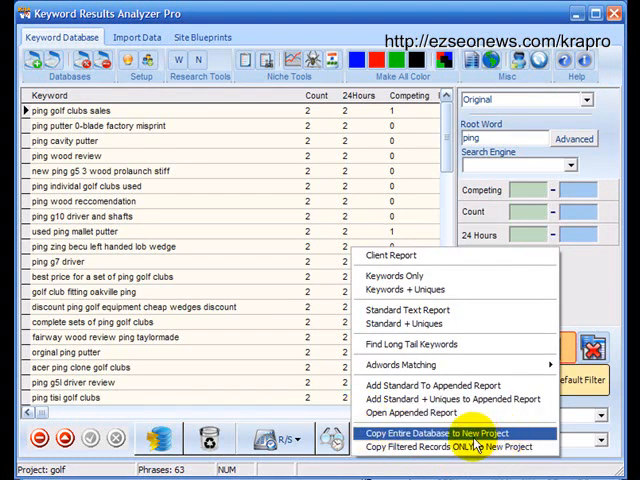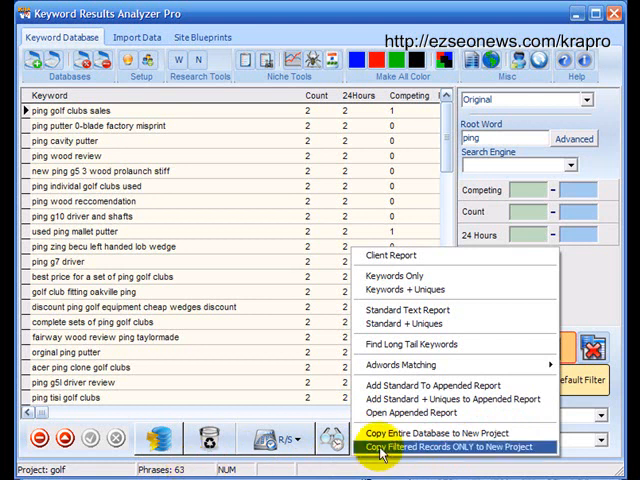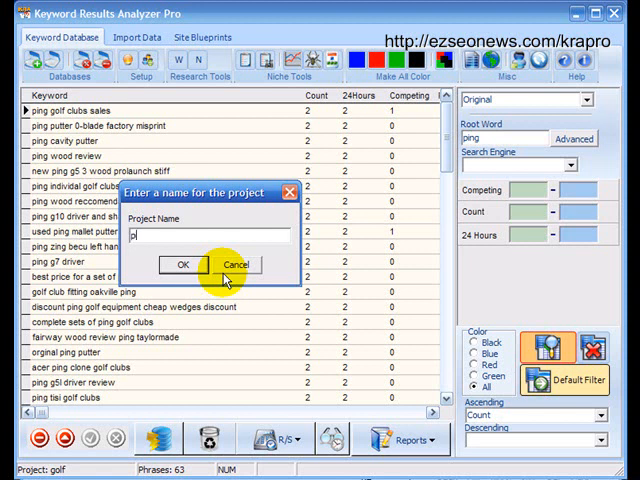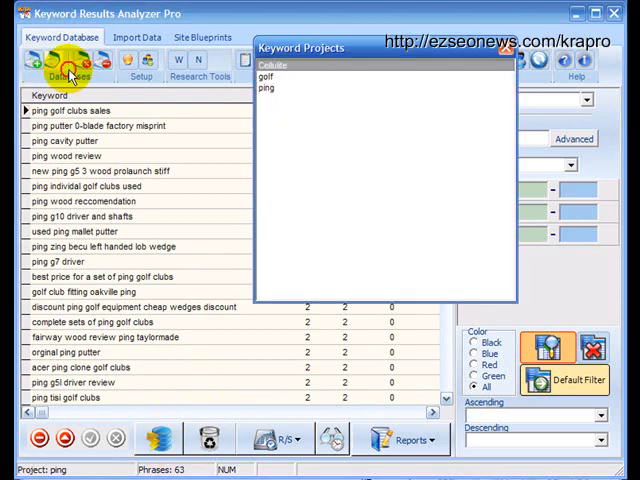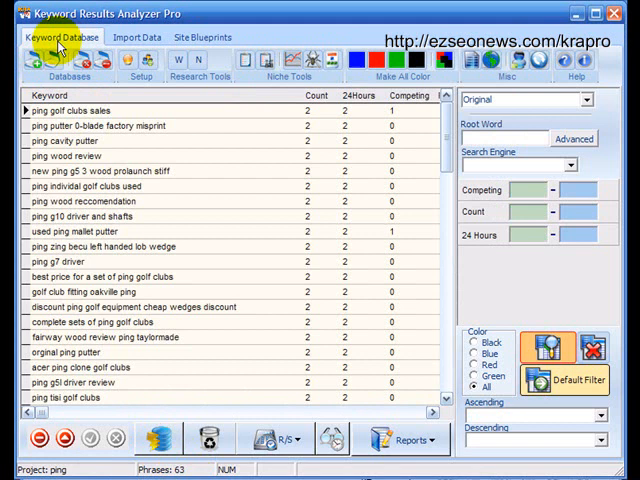Now, the last two on here are quite useful because there's times where you want to duplicate a complete project. There's two options here. Let's look at the second one first, because we actually have got a filtered data set here of 63 phrases. What we can do here, copy filtered records only to new project. We can create a new project only from those 63 that are filtered. So now if we open that, you'll see we only have 63 phrases. Let's go back to the golf